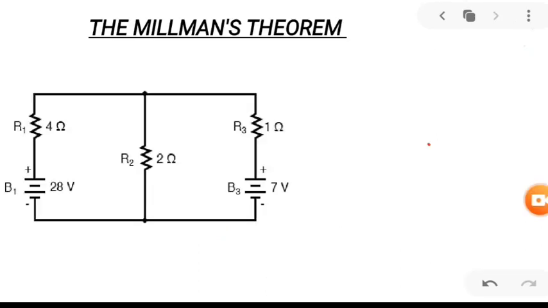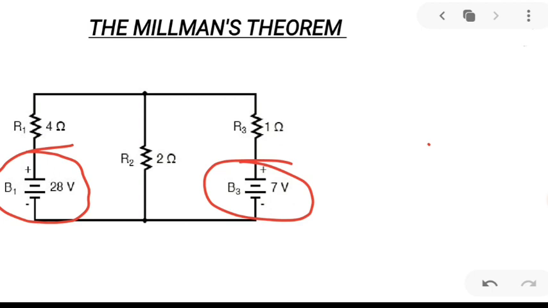Friends, the final thing that I want to say is there's a misunderstanding among so many people: here he gives 28 volt, here 7 volt. So we think that this is 28 volt and this is 7 volt, then how could they be in parallel? But this is wrong. These are the internal voltages of the batteries, but there is a common battery voltage which is the same for all the resistors which are connected in parallel.